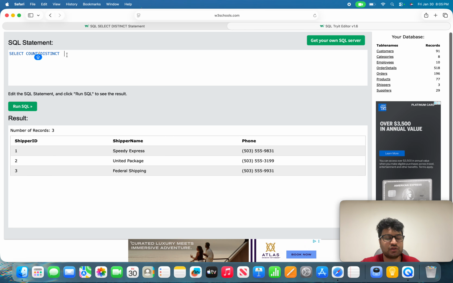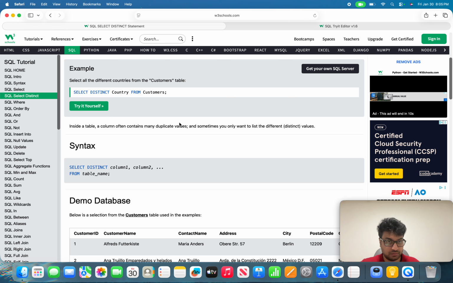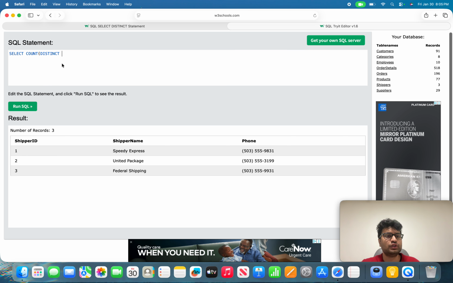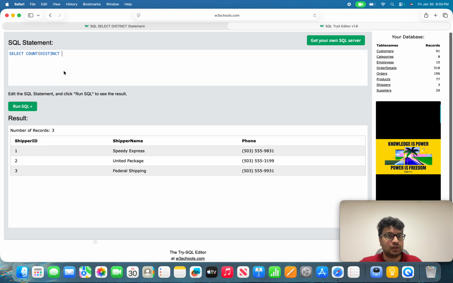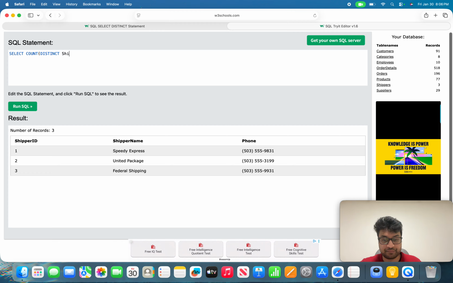Select count, distinct, and then the column name, right? Select distinct column one, column two from there is the syntax. The only thing we're doing is putting the count in front of it, just like in math, where you have a formula and then parentheses with the value in. So select count distinct shipper name